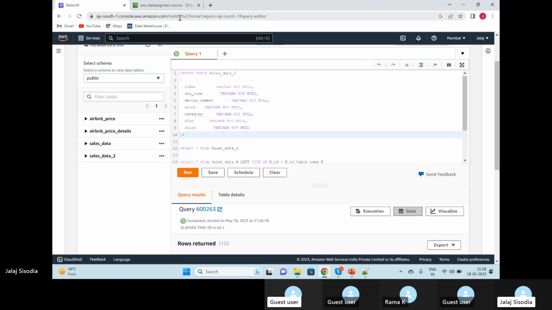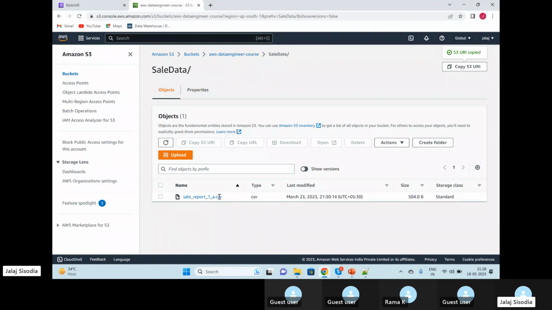So in that case, how will this work, or any process? See, first of all, if you have a dynamic schema, Redshift is not built to handle dynamic schema. That is your DynamoDB, first thing. And second thing, I've just shown this for demo. In the real project that we are going to do in this course,